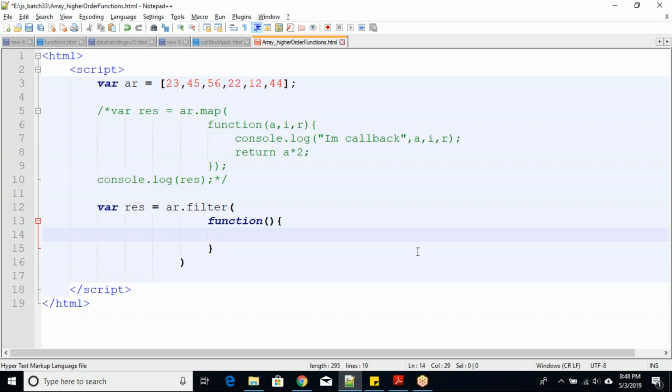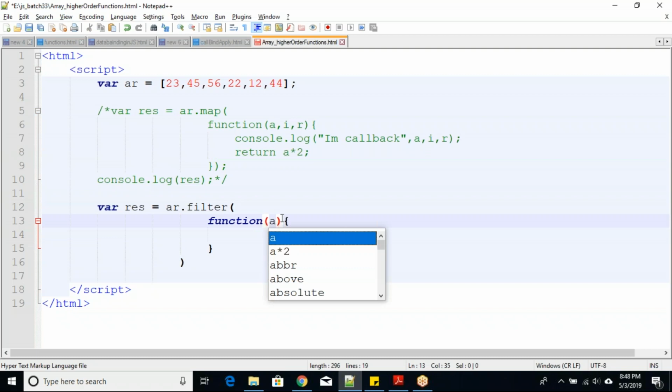Okay, it can also accumulate the values, but this filter doesn't accumulate the return value. It will accumulate those values which are available as an argument over here.